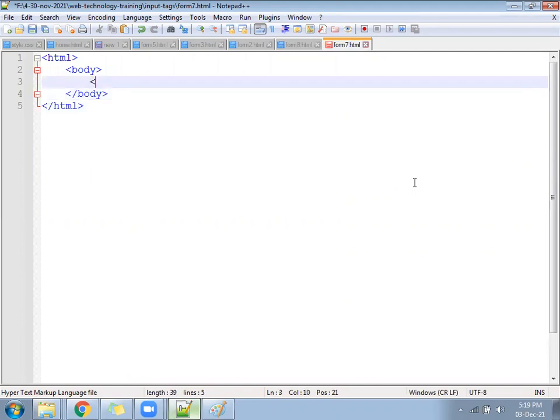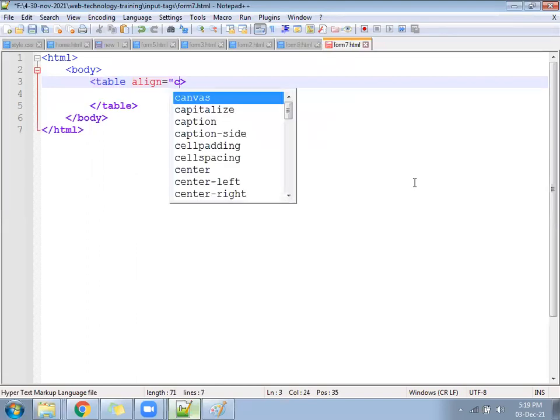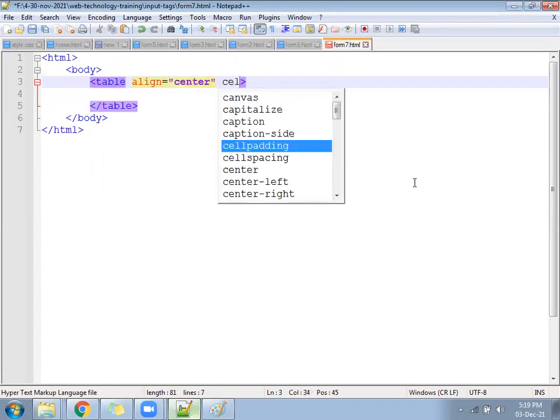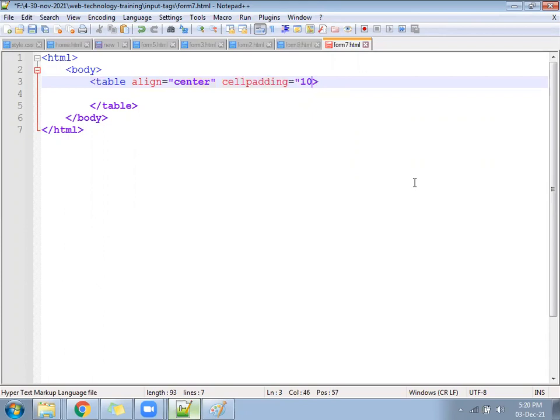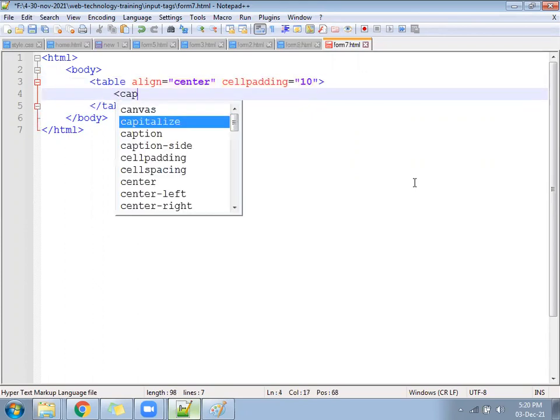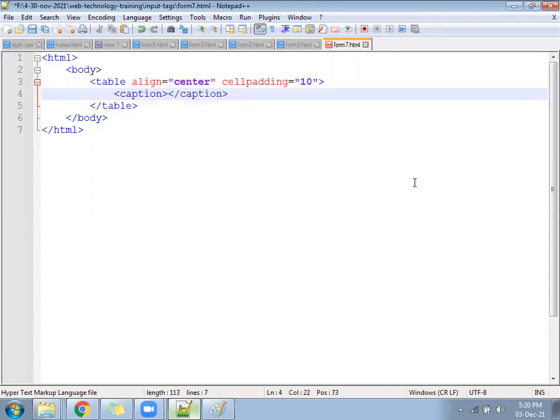We can have align equal to center, cellpadding, and a caption with H1: register.